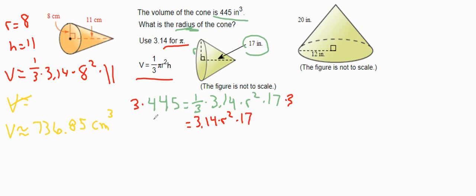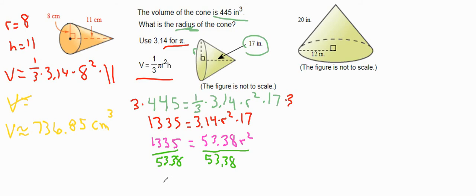3 times 445 is 1335. Now I'm going to simplify the right side. 3.14 times 17 is 53.38. And the opposite or inverse of multiplication is division, so we're going to divide both sides by 53.38. And that gives us about